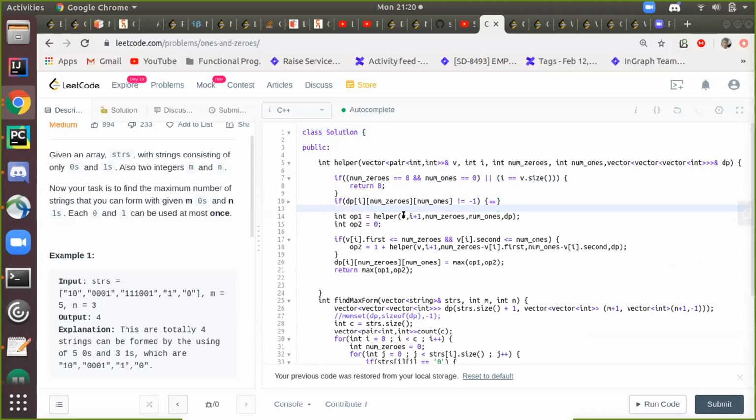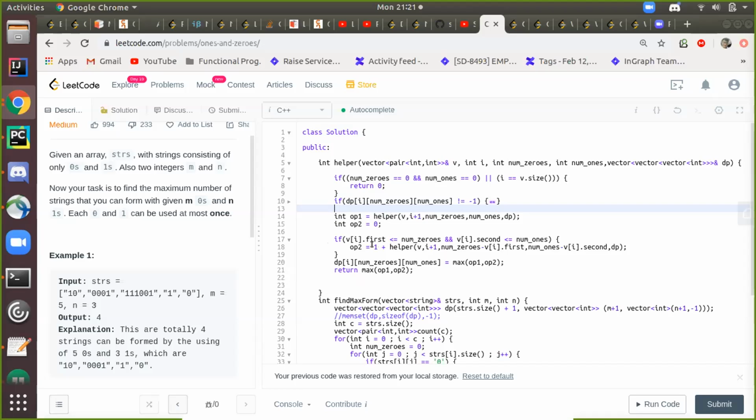The first option is when I'm skipping that particular string. In the second option, I have to check whether I can take that string or not. So I check here in line number 17 if the number of zeros for this string is less than the number of zeros I have at that point, and similarly for the number of ones.